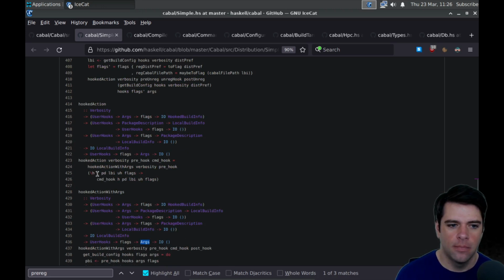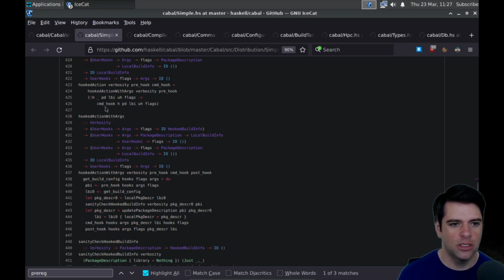And the last thing that the hooked action does is it, I guess, returns this lambda, which is going to take an h. No, maybe this is an argument to hooked action with args, verbosity prehook, and then its second argument is this lambda with, I guess, an empty argument.